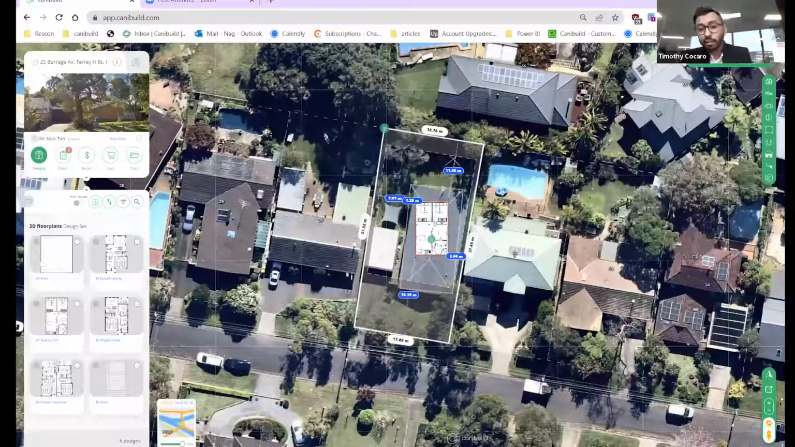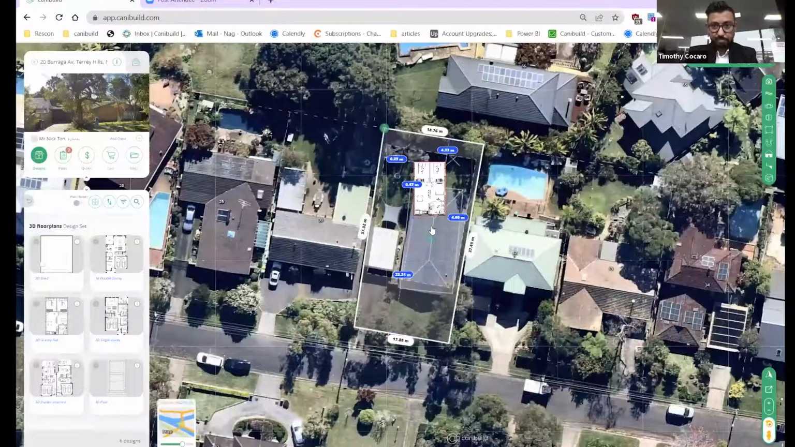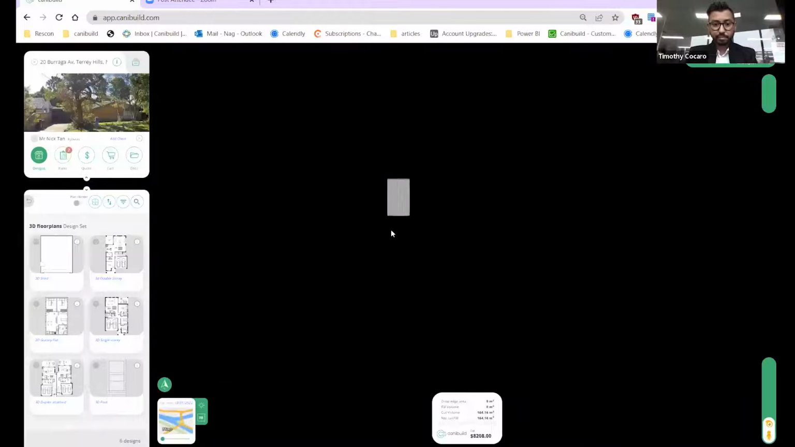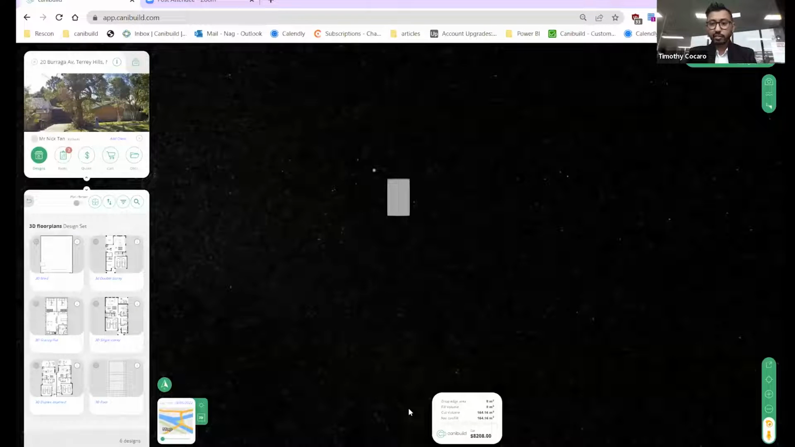Yes, Sharon, it will calculate the retaining walls as well. So it will identify the volume of the cut and the fill and the area of the retaining wall that is required. And same for the pool side of things, it will identify